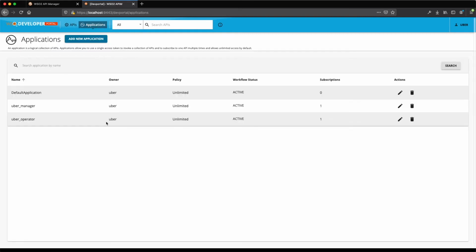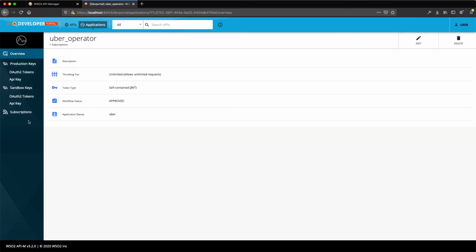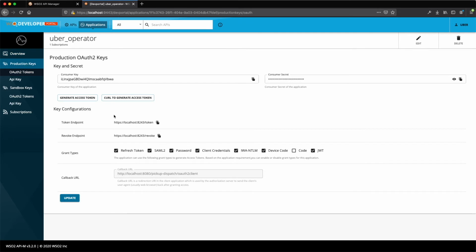So in this case, I have created 2 applications. Since I have 2 web applications, the pickup manager will be used by the Uber Manager web application, and it is associated with the credentials, and dispatch manager is using the credentials associated with its particular application. If you click production keys, you will find the consumer key and consumer secret, and you can use them within the web application and do further integration testing based on the success. You could get a lot of leverage out of how the API is working, who has invoked, who has subscribed, and so on and so forth. So you can get more into these details.